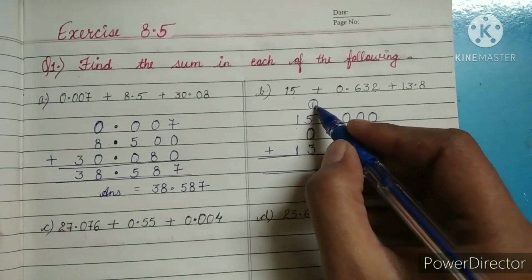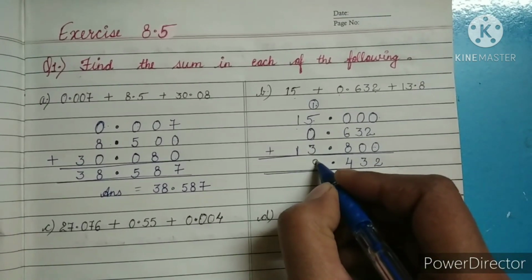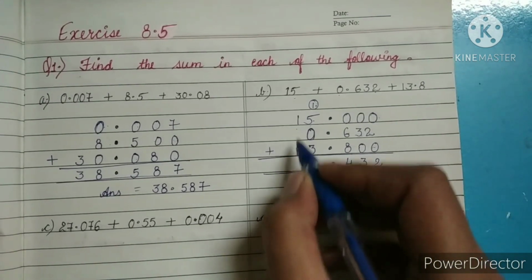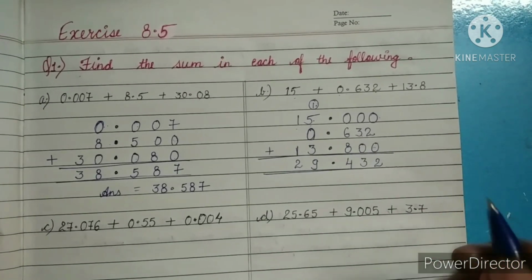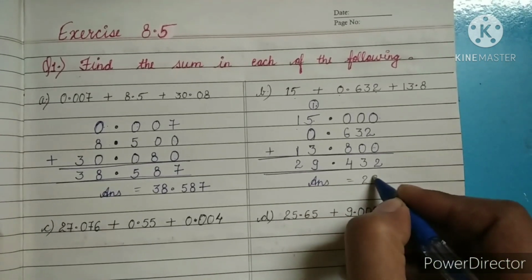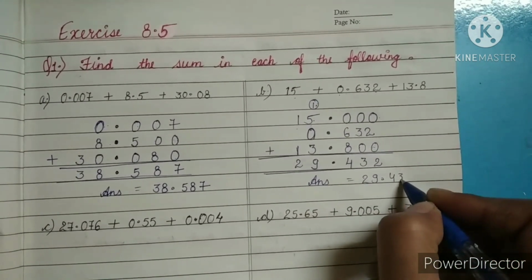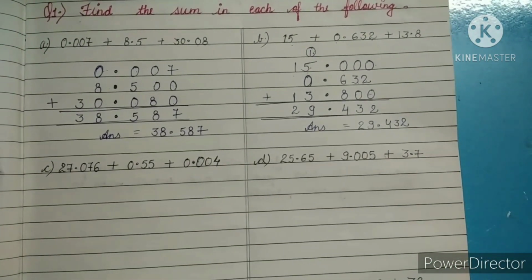So 5 plus 1 is 6. 6 plus 3 is 9 and 1 plus 1 is 2. Okay. So this is the answer of second one. Answer 29.432. Now we will do C is